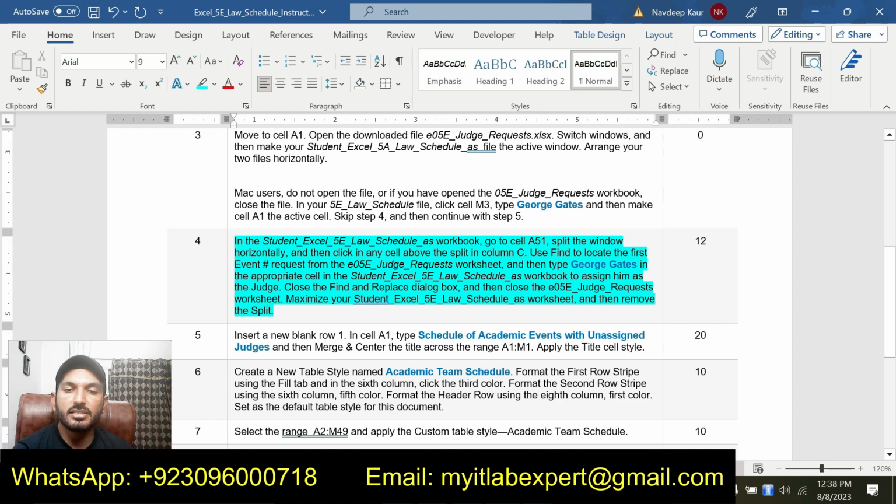Close the Find and Replace dialog box and then close the judge request worksheet. Maximize your Student Excel 5E Law Schedule worksheet and then remove the split.